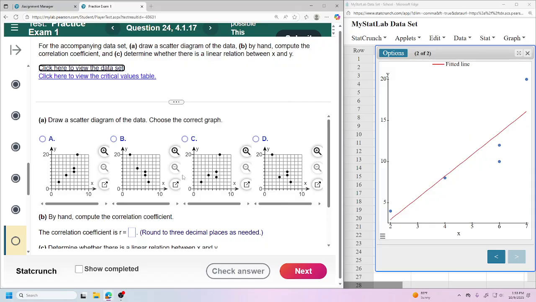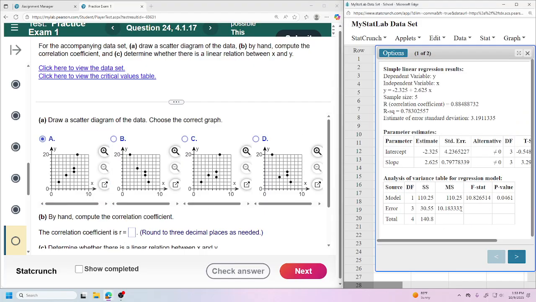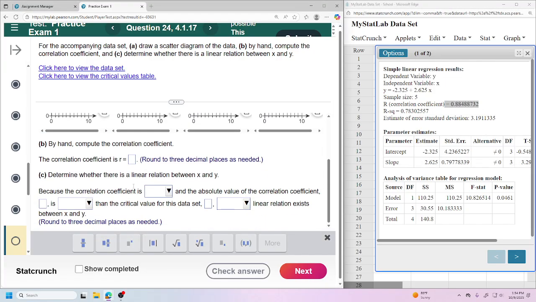So which one of these makes the most sense? Looking at the stars, it looks like 1, 2, up, and then all the way over. A? Do you like A? You like C? Well, okay. The difference between C and that, you see how the second dot right here would be above them or in the middle between them, but here it's below a little bit? See that below a little bit? That's a tough call. It says, what's my R value? So I'm going to go back right there, R. Right there. That's super easy.